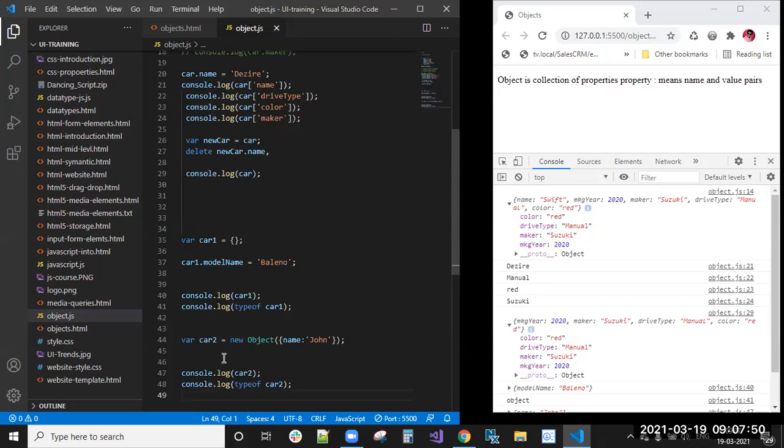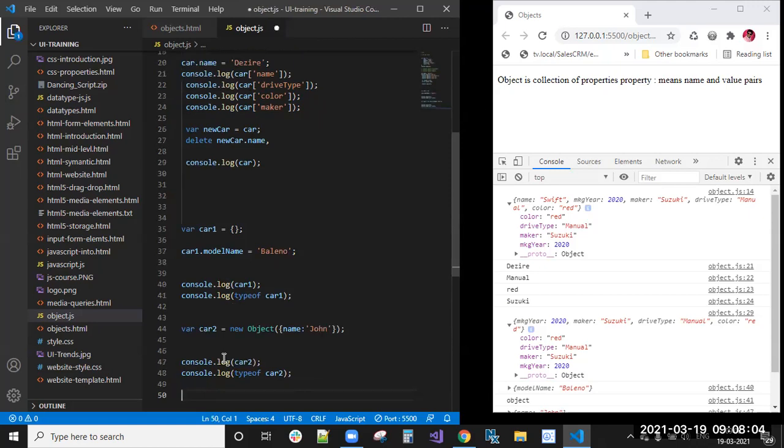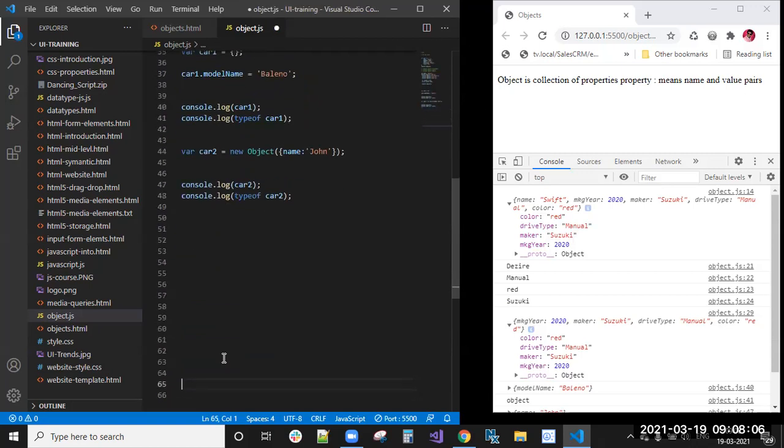Next, we have seen the property side: adding a property, updating a property, and deleting a property in the object. Now, in real life, if you take it, Math is an object only.